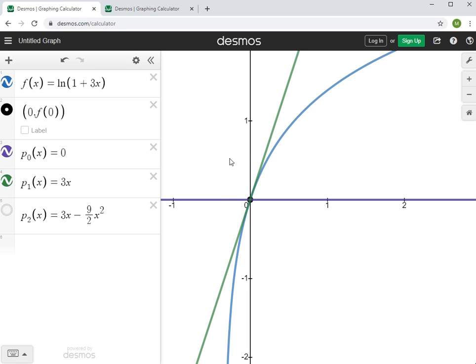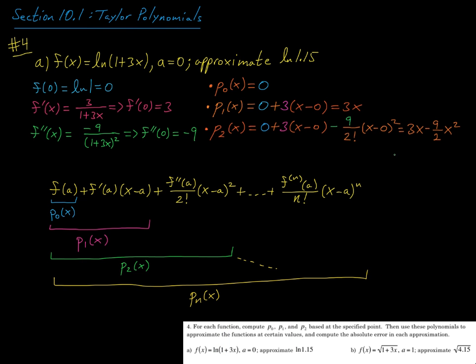Okay, now p1 of x, that's our tangent line approximation. That's doing a much better job, as we can see here. And then p2 of x, that's our quadratic approximation, and it's doing an even better job. All right, cool. So now let's go ahead and look at approximating